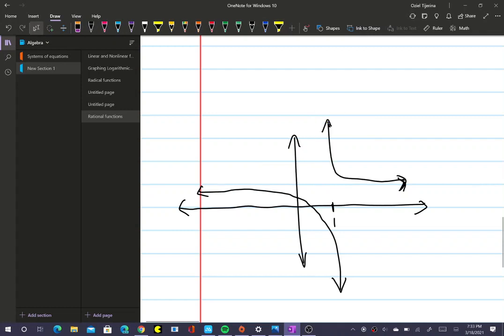If we look at that curve, to find the horizontal asymptote, which is y equal to c,